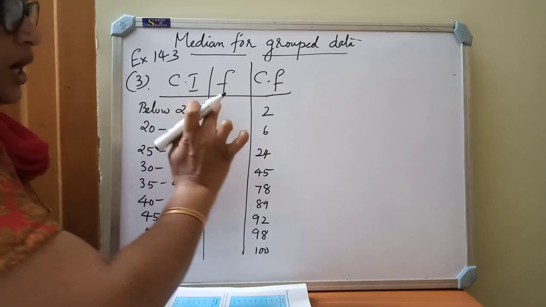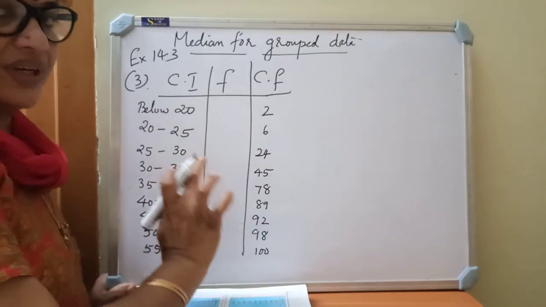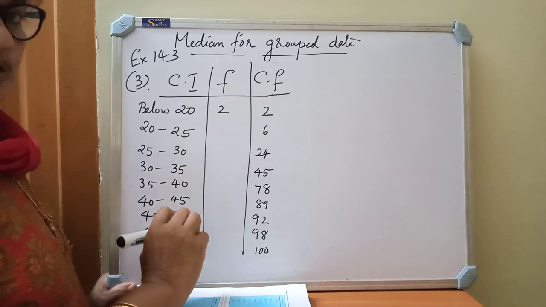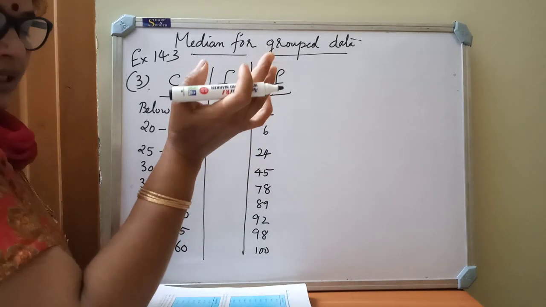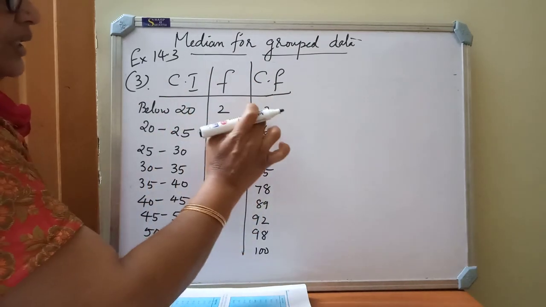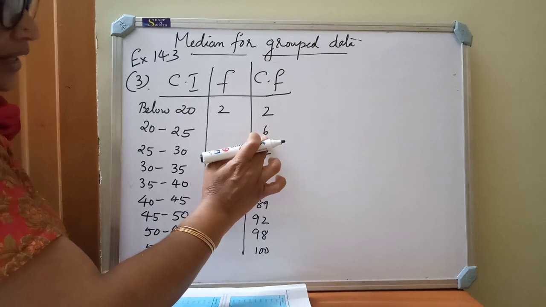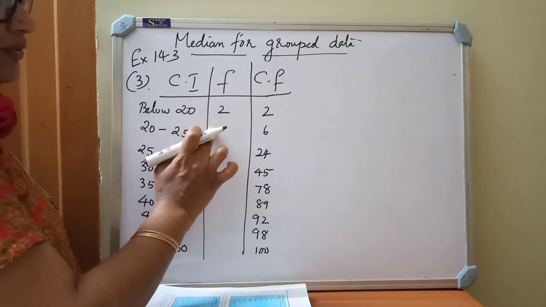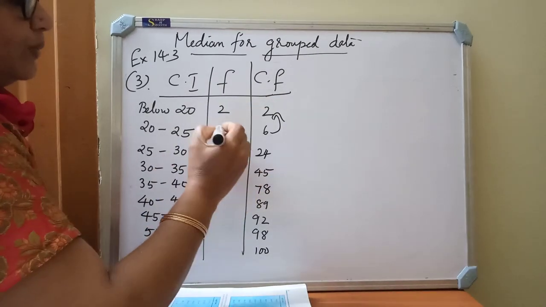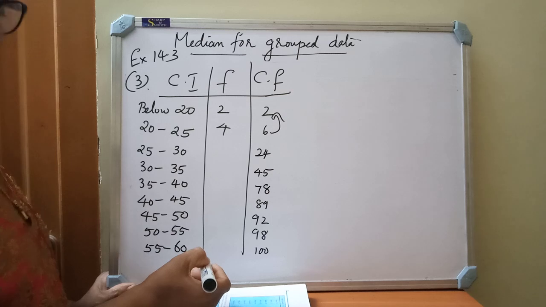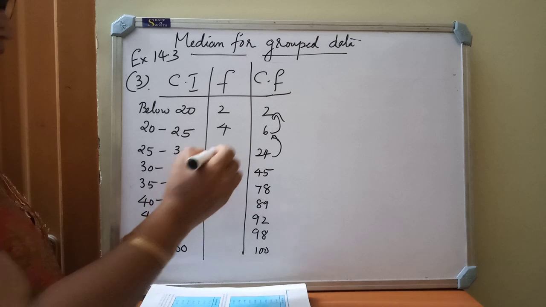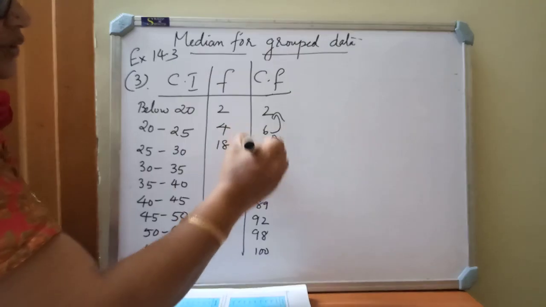For that, first class cumulative frequency and frequency are the same, isn't it? So these two you have to write here. Because in considering the cumulative frequency, you know that first frequency you write as it is. Then this plus this we will get this. So 2 plus what we will get 6, 2 plus 4. So what you have to do, 6 minus 2, that you must write here 4. Then 24 minus 6, what you will get, 18. So 18 plus 6, 24.